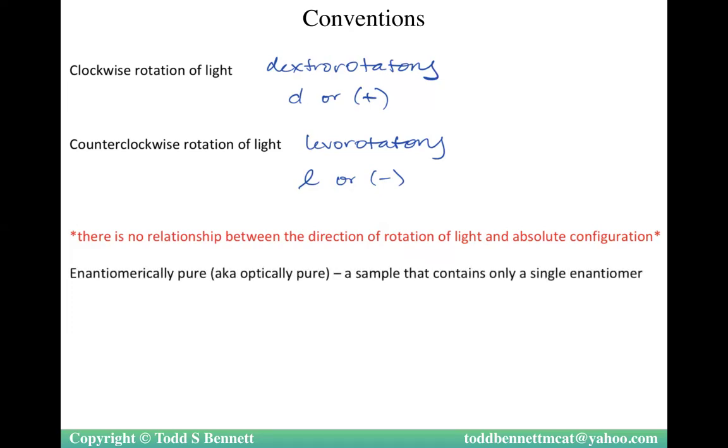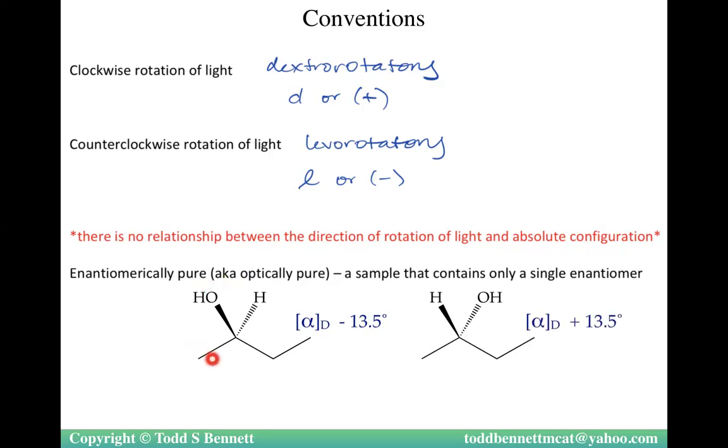Pure compounds are enantiomerically pure, meaning they only contain one enantiomer, only the R or only the S. So if you have pure 2-butanol, in this case R, it'll be negative 13.5 degrees for your optical rotation. And then if you have, in this case, 1, 2, 3, but H is in front, so S, it is